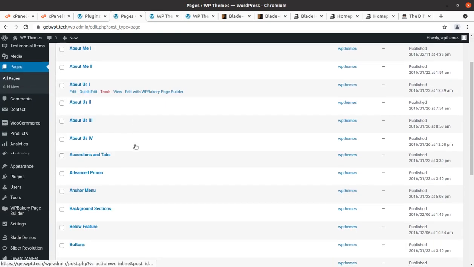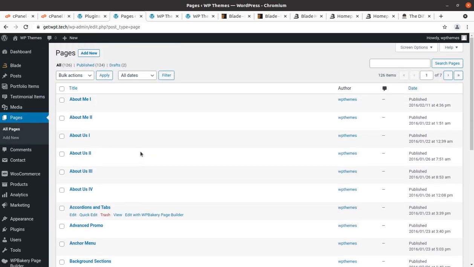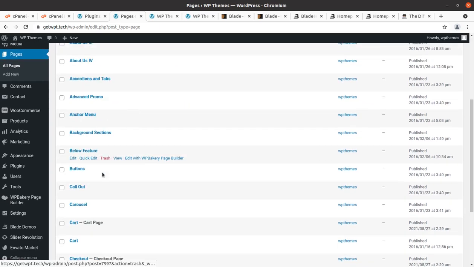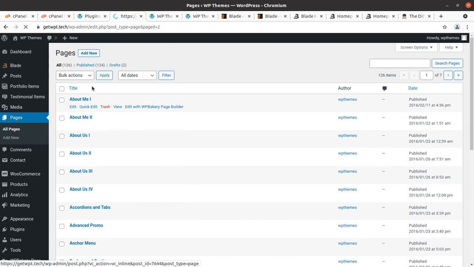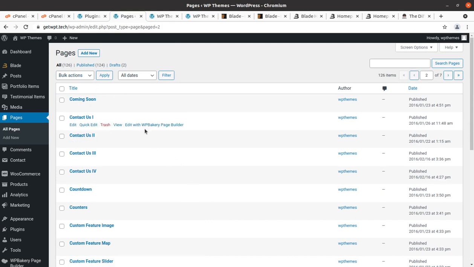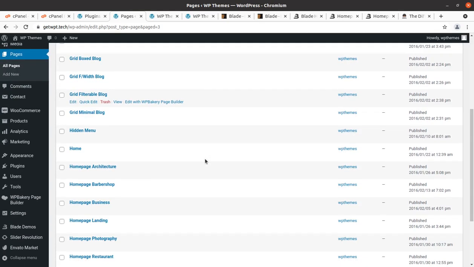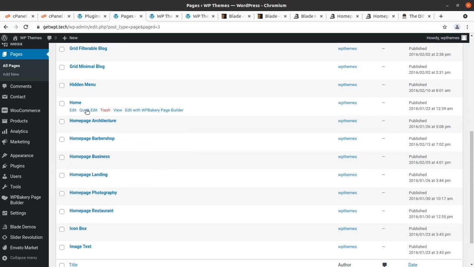So pages are here, and we just need to select the home page, because there are all the home pages, accordions, anchor menu, card page, and in fact there are 126 pages which we got in this demo import, and we just need to set the home page. So I'm just checking the home. All home pages are also here, so we can select any of the available home pages according to our choice.